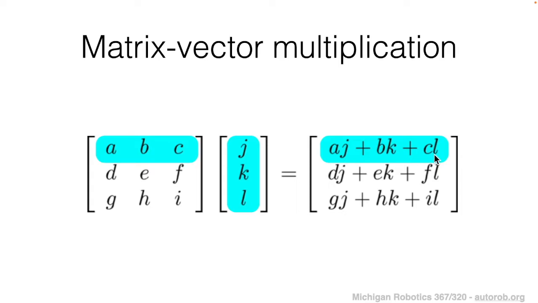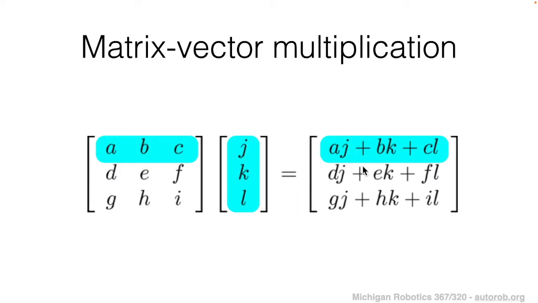Another trick that is sometimes taught when you're just getting introduced to matrix multiplication is you can imagine scanning the row of the matrix with your left finger, one by one, and at the same time scanning down the vector with your right finger. And as you do that, you can imagine multiplying each of the pairs and then summing the results to produce